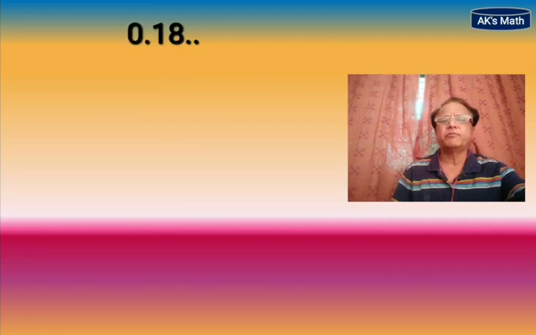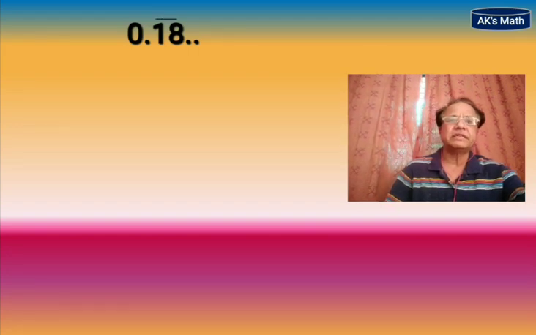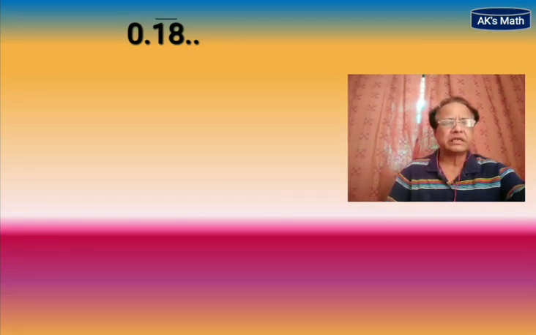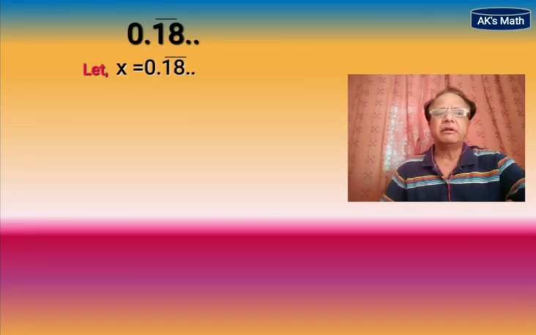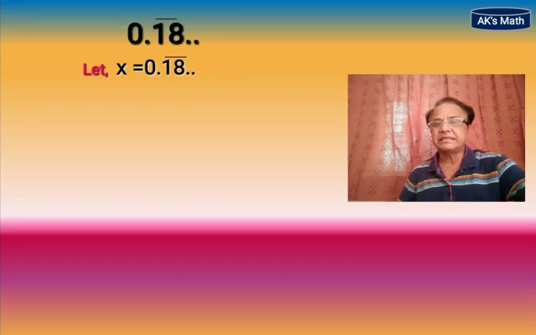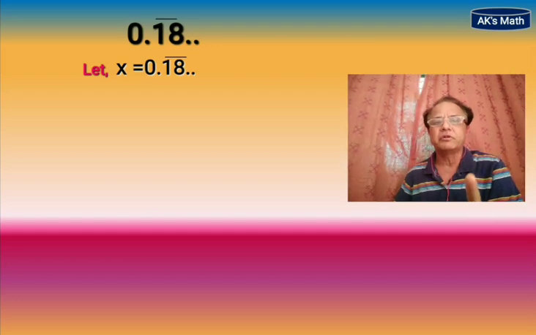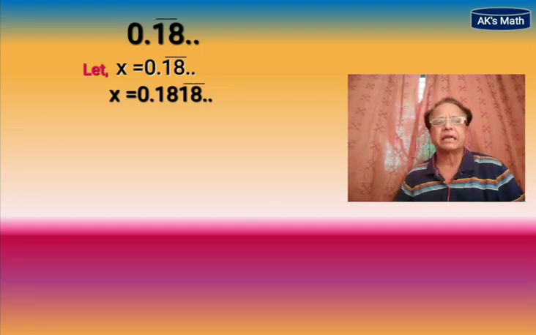Now let's look at another example which is now in front of us, 0.18 recurring. So 0.18 recurring means now here 18 is occurring so many times. 18 is a particular group which is occurring so many times. So let's write it in the first line, let x is equal to 0.18 recurring. So it will be like this. Now as I said in the last example, take one more group, means we have to consider one more 18 in this. एक 18 हमको लिखना पड़ेगा और वो दूसरे 18 के ऊपर हमको वो रिकरिंग का बार लगाना पड़ेगा.